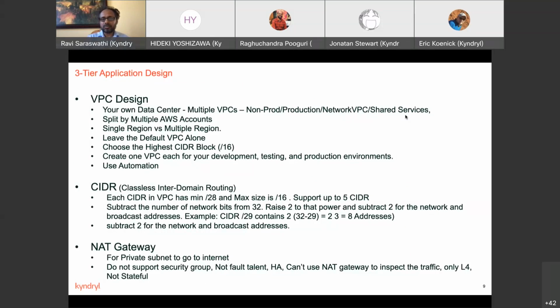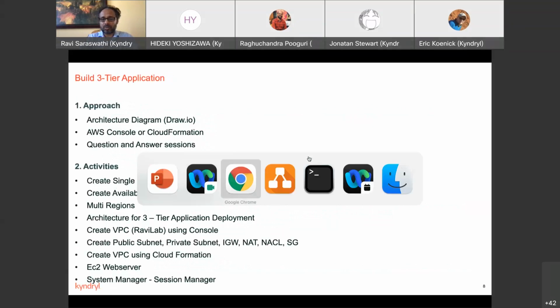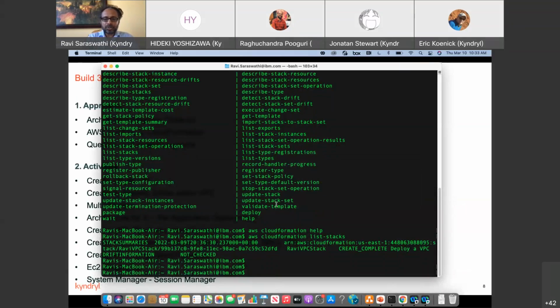And then, you need to decide your CIDR block. We talked about it. We need an environment, we need VPCs for each of the environments, and then use automation, right? Please make sure that you use automation. Let me go there real quick. All you need to do is,